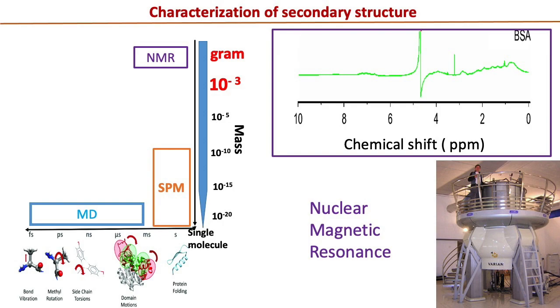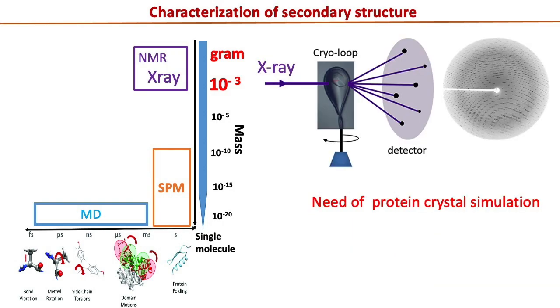Studying the secondary structure, several methods have been developed. First, nuclear magnetic resonance spectroscopy is the most used method. It's a powerful tool for investigating the structure and dynamics, but it requires a high protein concentration, a large infrastructure, and long measurement times, which makes studies difficult and expensive. X-ray crystallography allows for atomic-level structural information, but the crystal structure of a protein can differ significantly from its native structure